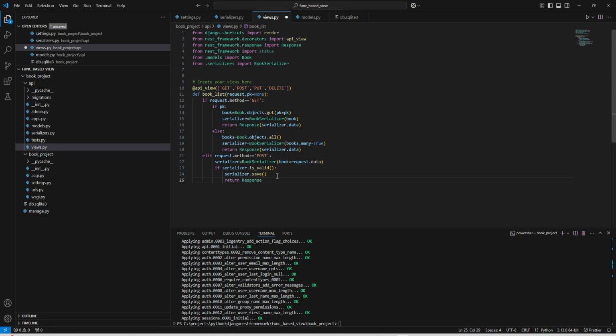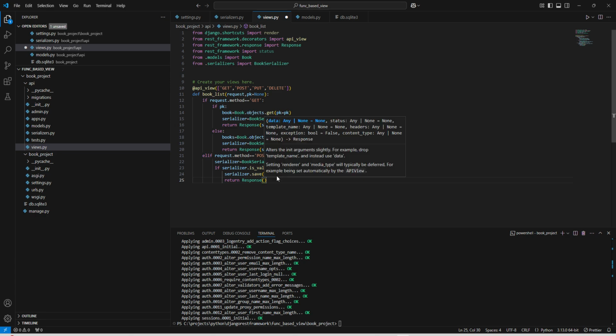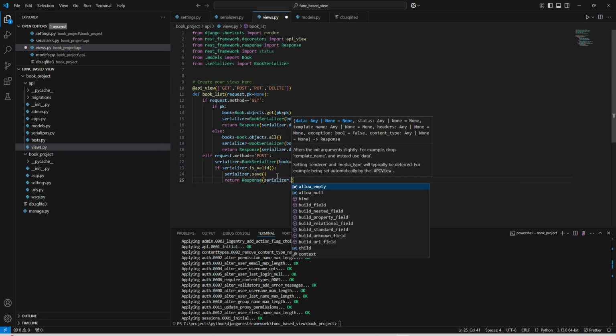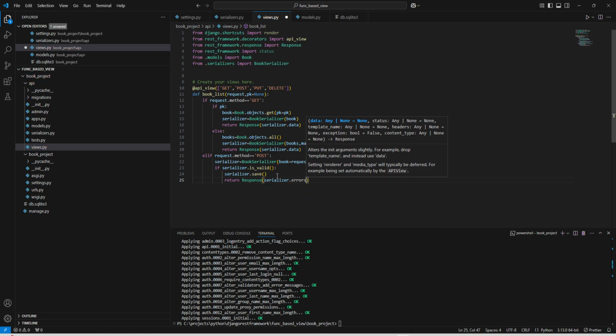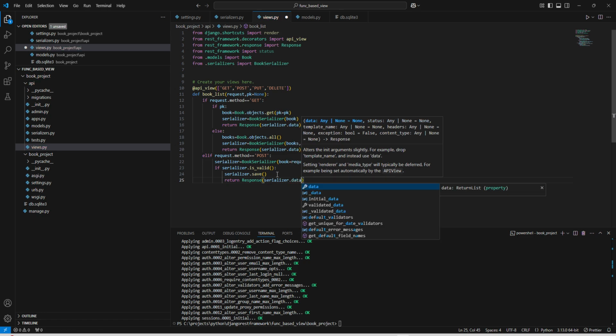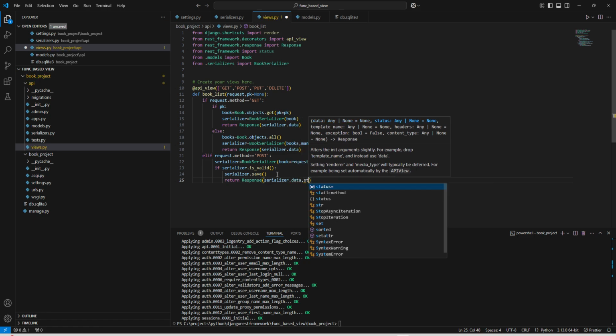We can say Response, and here we need to return the data part, serializer.data, and we can say status is equal to,